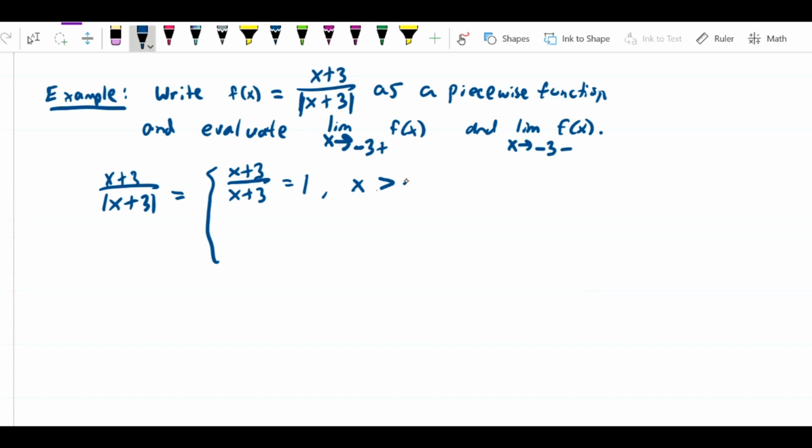So x is greater than negative 3, and on the bottom of this case function, we can say that if x is less than negative 3,